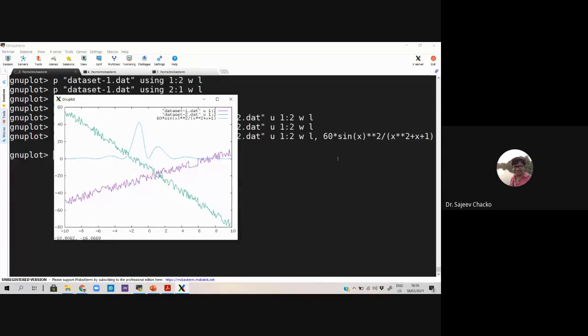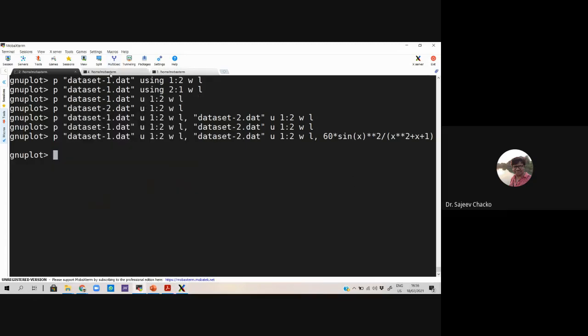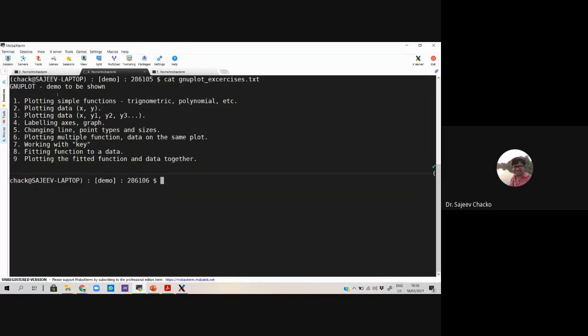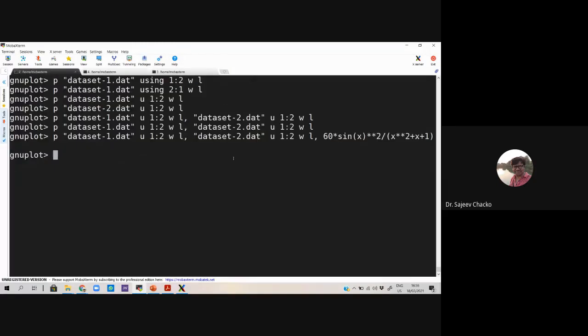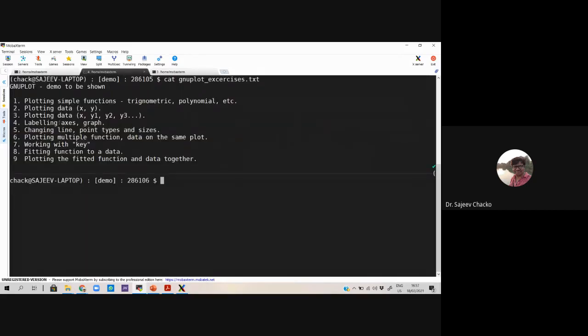That's the reason I have scaled it up by 60. So this is a data file, the green line. The purple line is a data file, whereas the blue one is a function. I can plot like this. So what we have done is plotted single data files, two data files, and you can also plot multiple functions similarly by separating with commas. Now let's look at how I label the x-axis and the graphs.